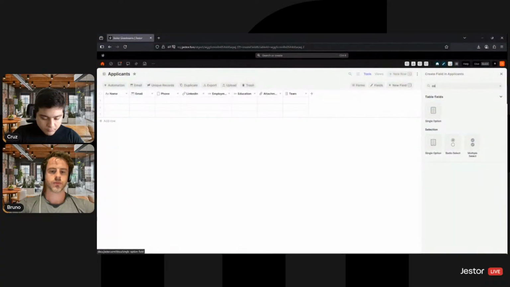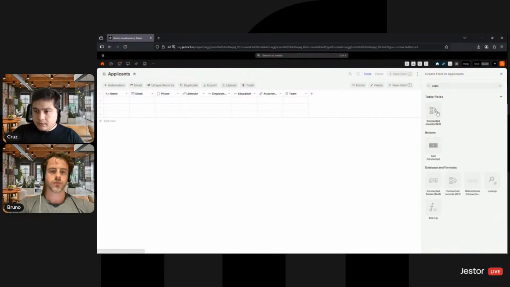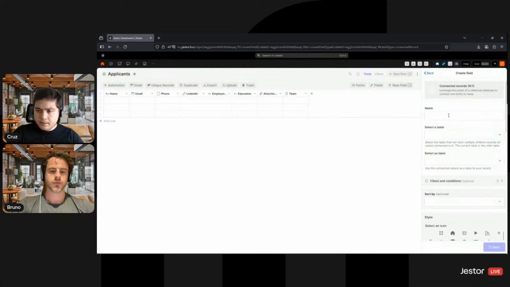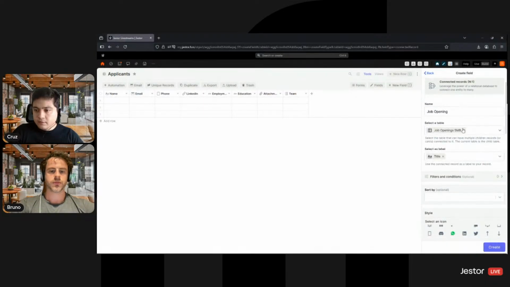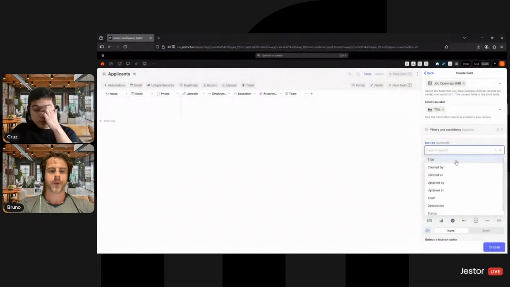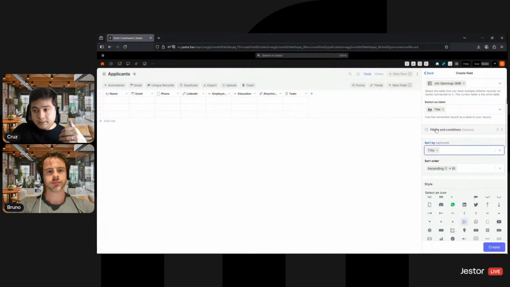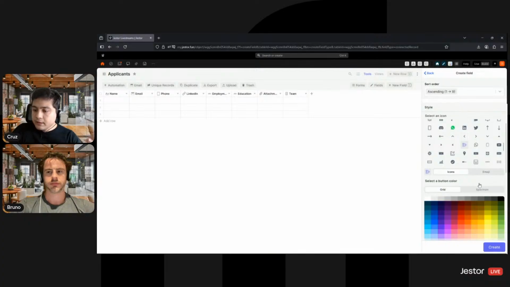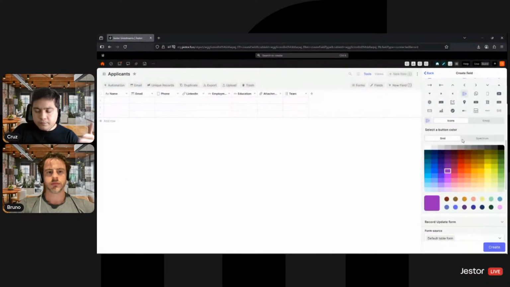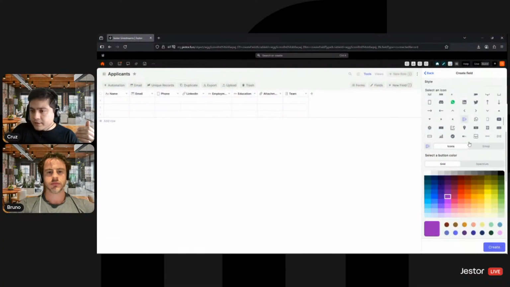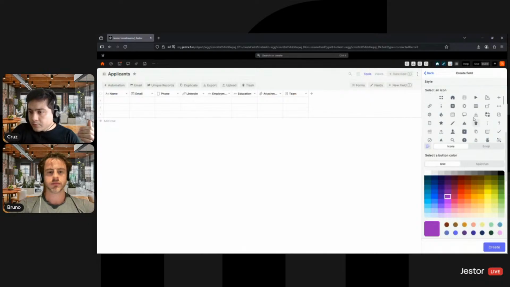And now I'm going to create a connected field for the job opening. And this is going to connect to the job opening table that I already built. I'm going to sort job openings by title alphabetically, so it's a little bit easier to find stuff. I'm going to go with purple for this part of the template, and I'm going to use this icon for the job opening. There you go. Okay,